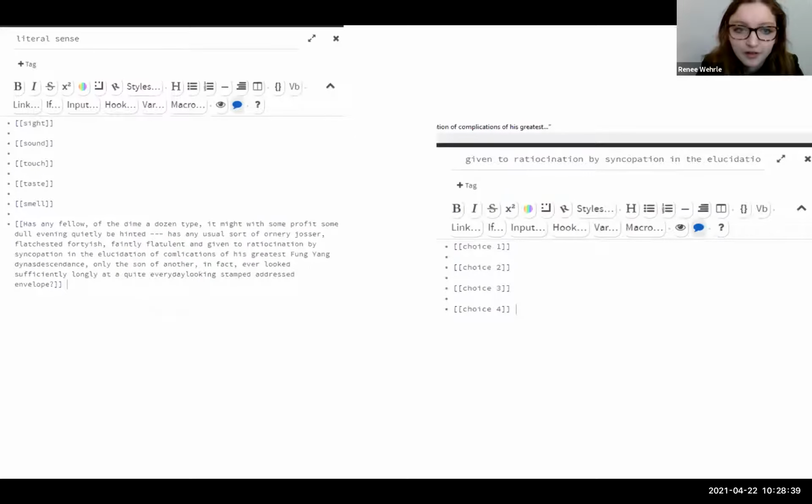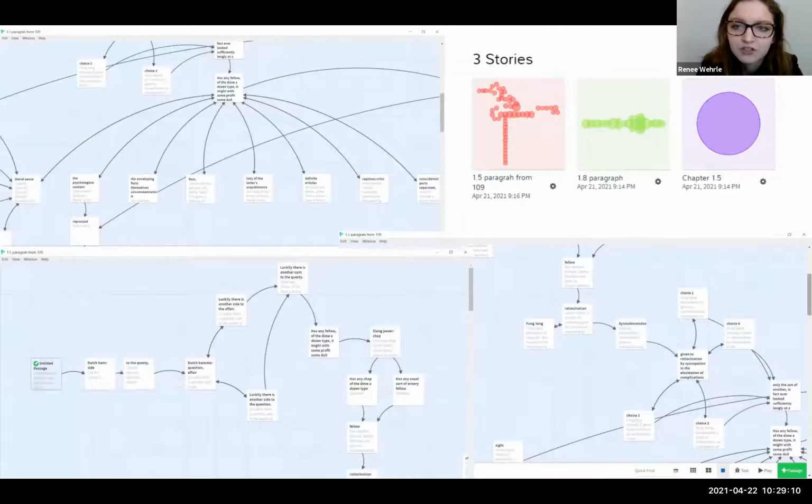I also incorporated Twine, a software designed to create nonlinear text-based stories and games, to analyze the complex syntax of a sentence on page 109 and parts of chapter 1.8 of the Wake. Using Twine in a classroom is helpful for integrating an object-oriented, program-based understanding of narrative into humanities classrooms. In order to produce a Twine game, students must be able to translate their own understandings of plot and narrative into two other languages. The first is code. This is an example of upper-order critical thinking, as it encourages students to synthesize their understanding of textual complexity into straightforward functions for interpretation via code. The second on this slide is visual language.